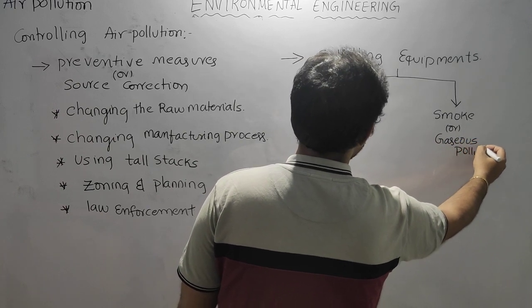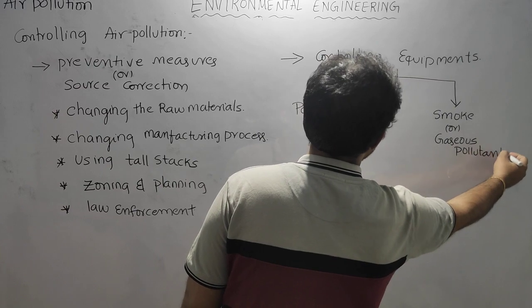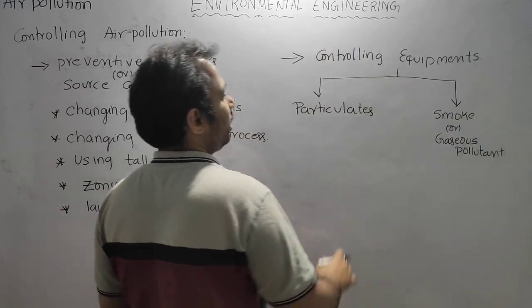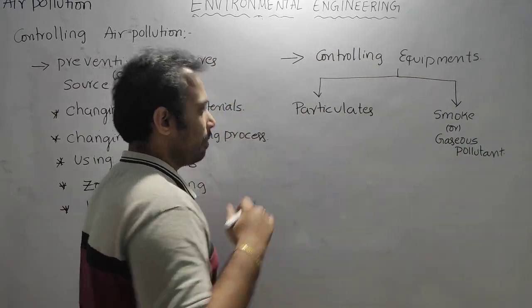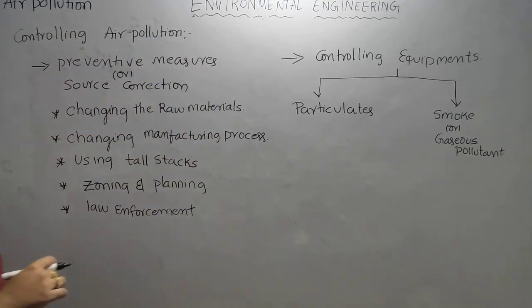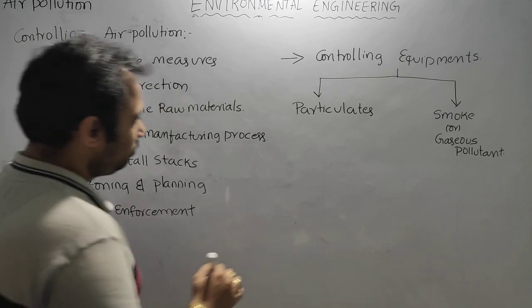We have to treat particulates in a different manner and smoke in a different manner. If they are particulates, we use different kinds of equipment such as gravity settling chambers, centrifugal separators,